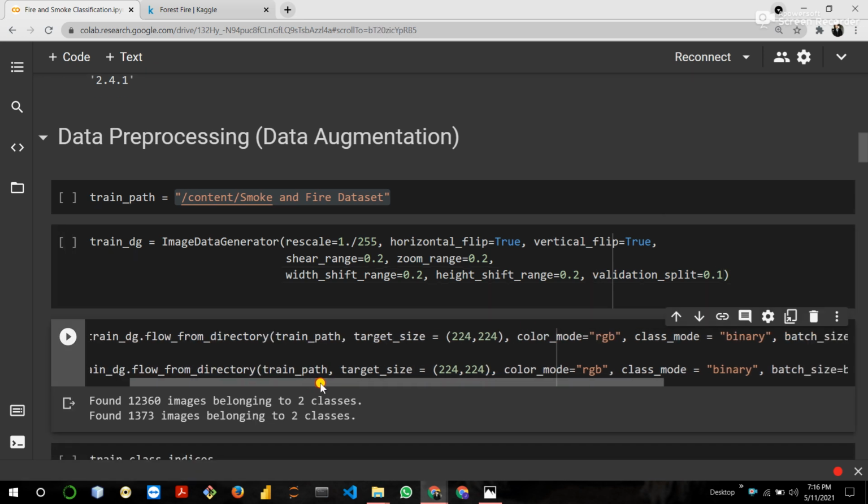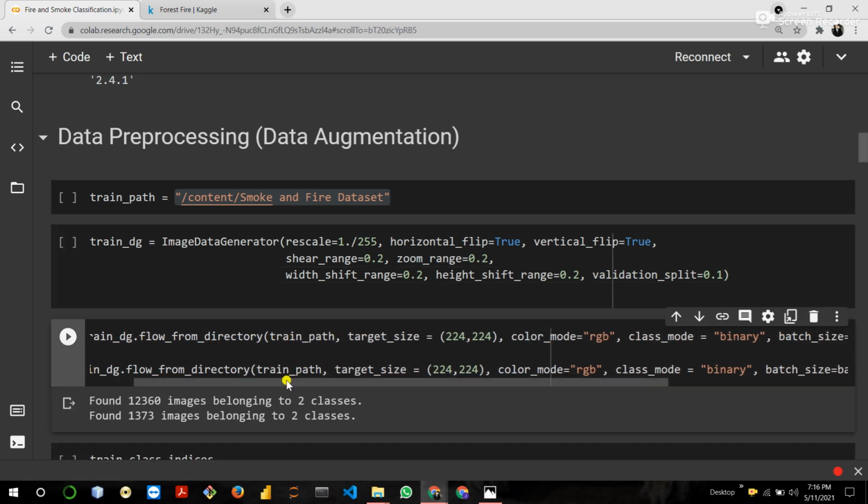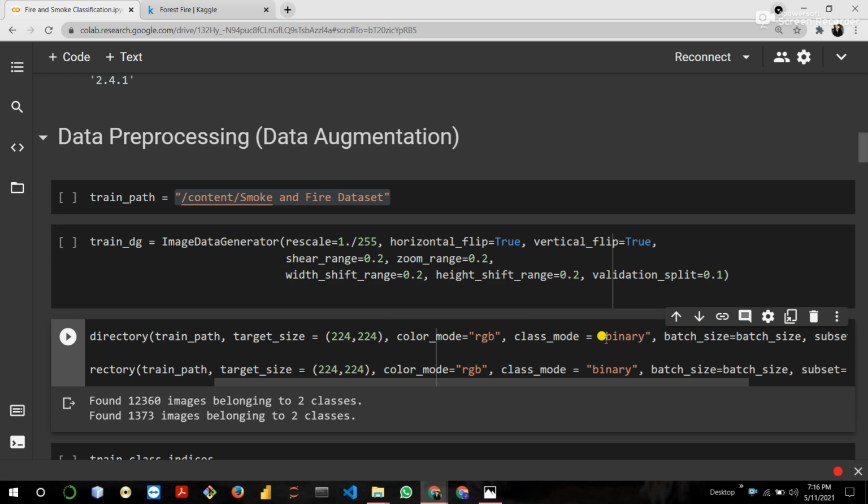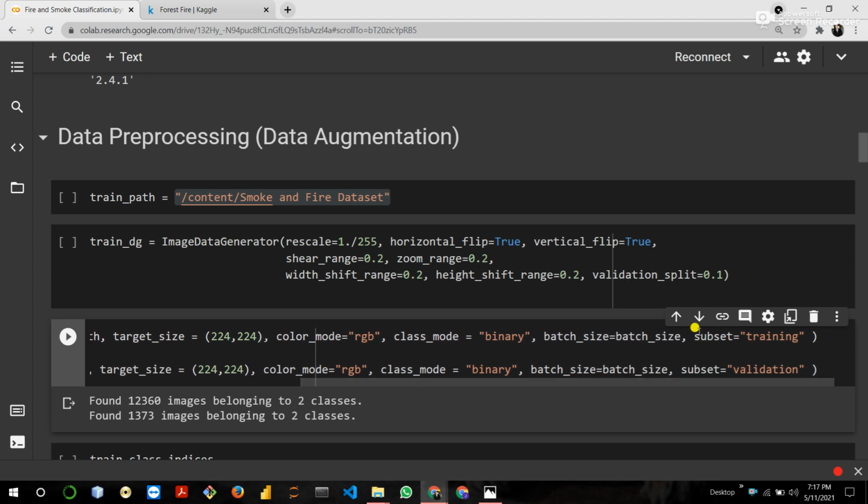So here you can see that both the training path and validation path require the target size and class mode. Class mode is binary because this is a binary classification problem which gives fire or smoke, 0 or 1. Then batch size, then subset equal to training and subset equal to validation.